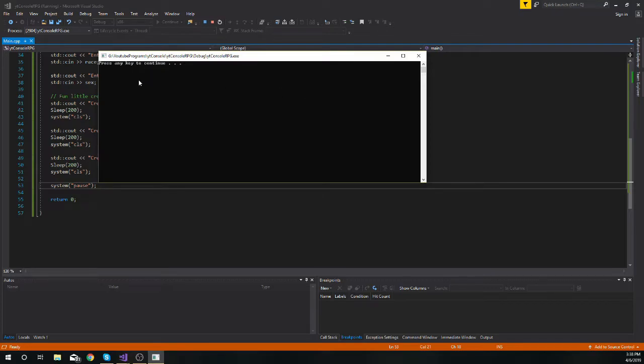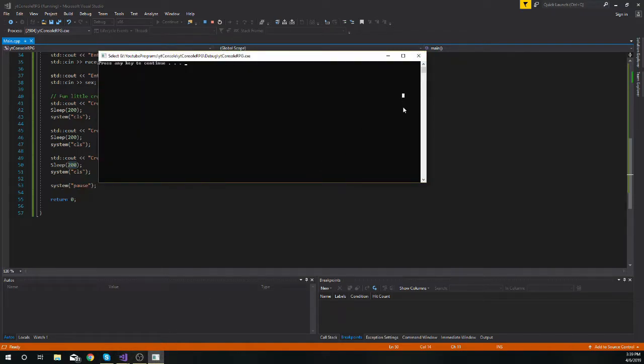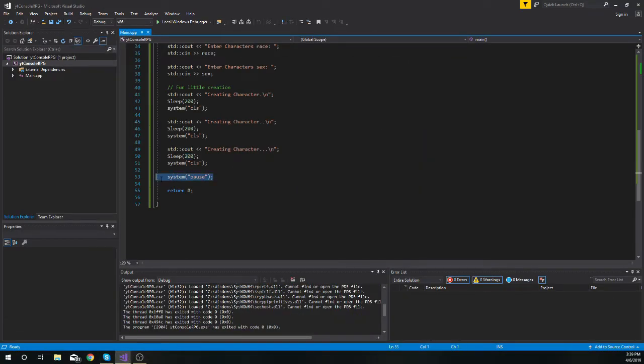That was alright. If you want the creating character dots to go a little bit longer, you can definitely do that just by increasing the value here. So at the moment it's 200 milliseconds. You can go to 300. You can go to 1 second, which is 1,000. 1 second might be a little bit long, but it's completely up to you. So we'll just close that now. We'll remove the system pause, and we'll quickly build the HUD,